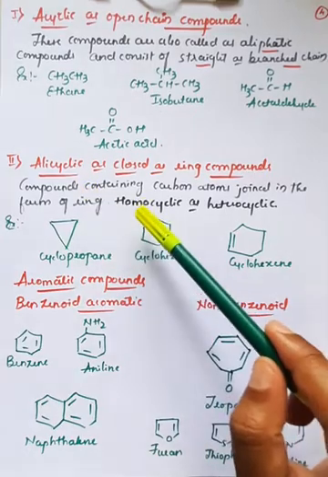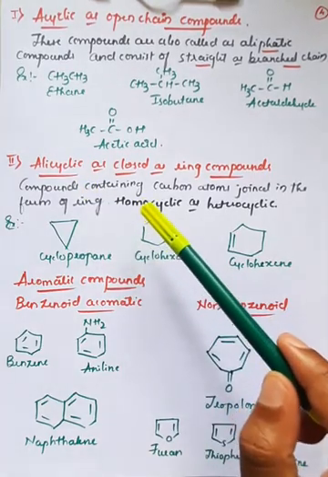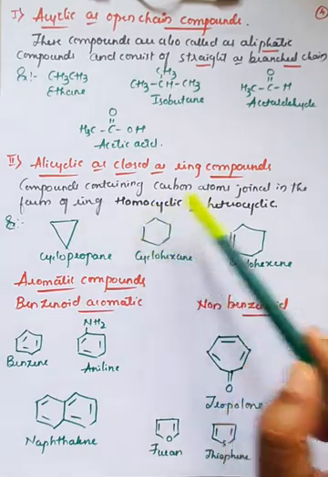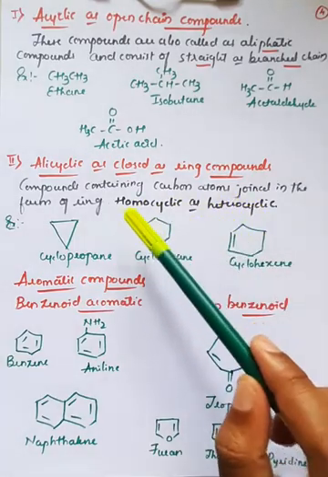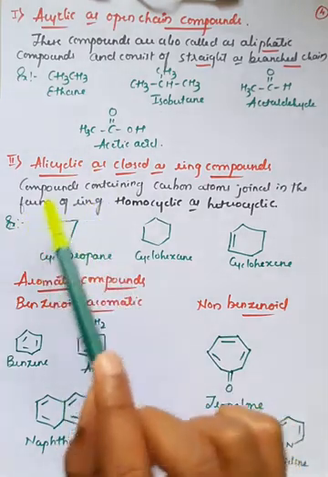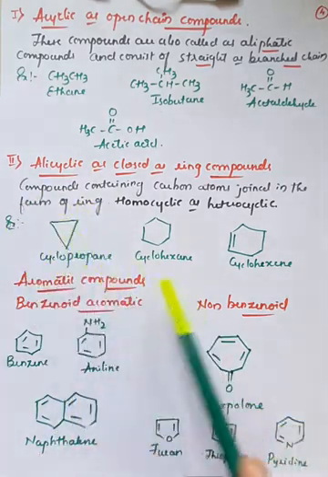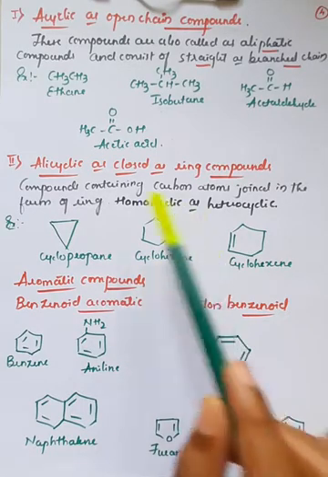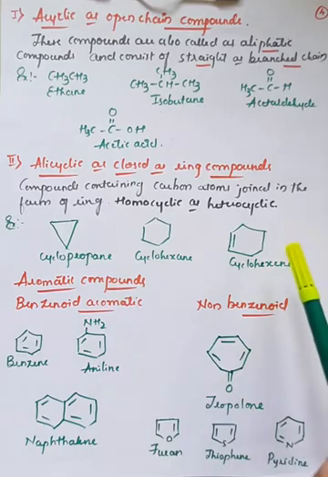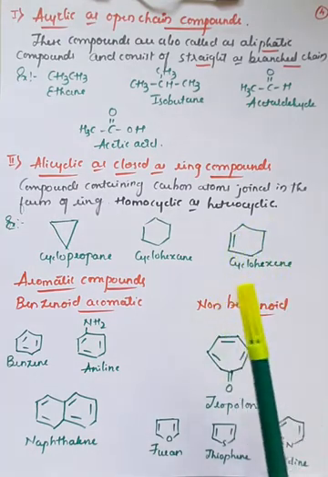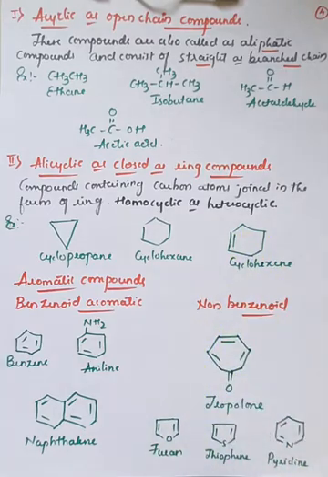In alicyclic there are 2 types, further subclassification, as we have seen in the tabular diagrammatic representation. One is homocyclic, second one is heterocyclic, right? So here if you observe in alicyclic, if you take an example of cyclopropane, the 3 carbon atoms are in the ring form. If you take cyclohexane, 6 carbon atoms are in the ring form. In case of cyclohexene, again the 6 carbon atoms are in the ring form and 2 carbons are double bonded, right?